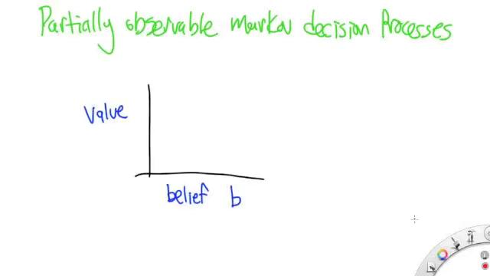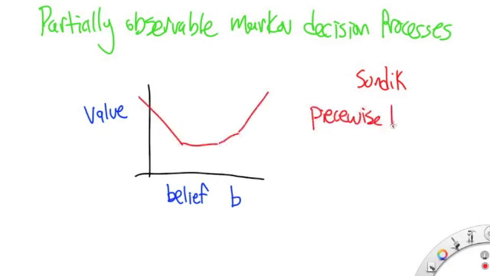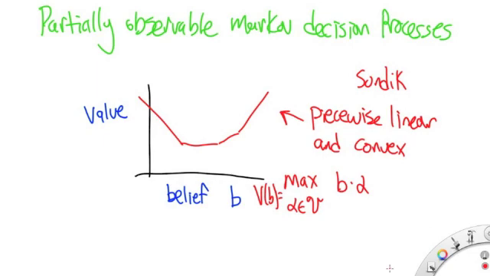In class, we talked about partially observable Markov decision processes, and one of the important properties of POMDPs was proven by Sondik, and that is that the value function over belief space, or the probability distribution over states, is piecewise linear and convex, meaning that it consists of a series of linear segments and it's sort of cupped upwards like this. And that means